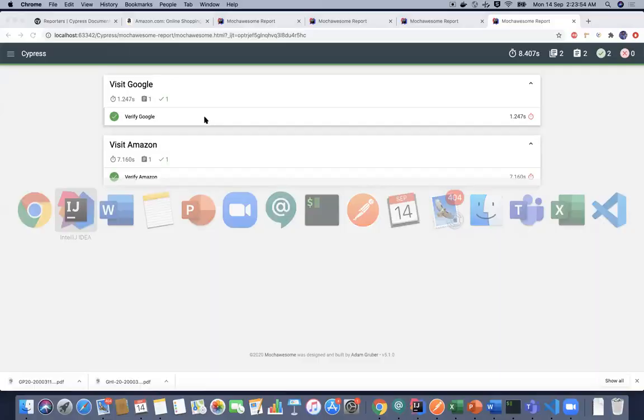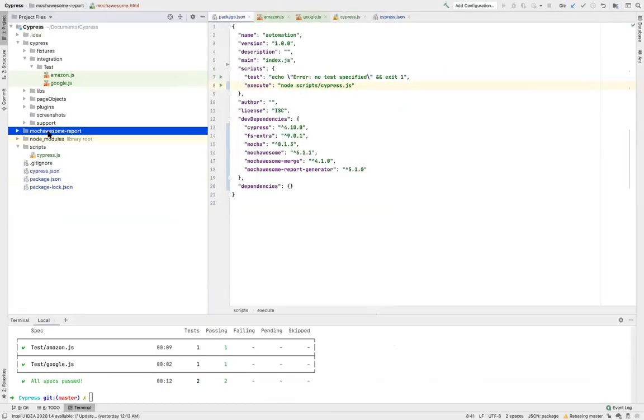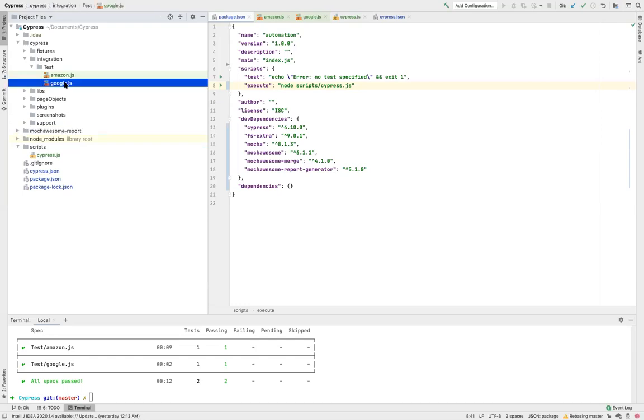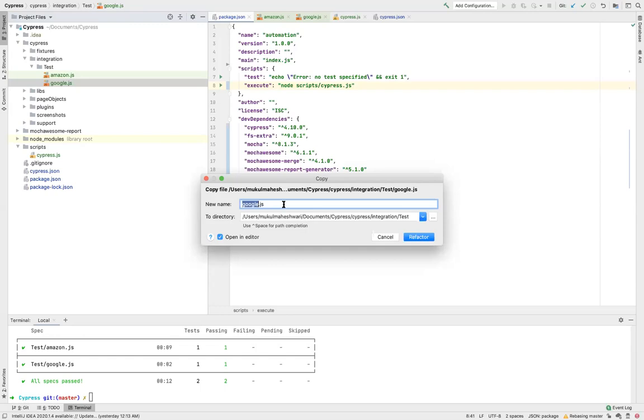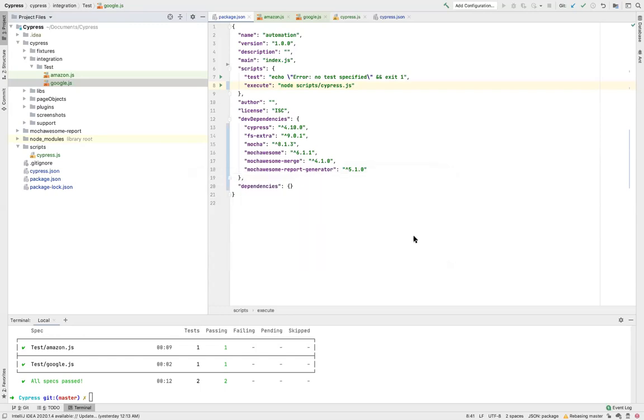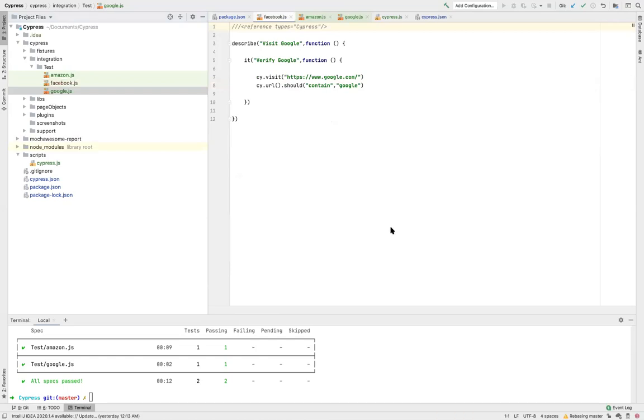Now to be doubly sure that my tests are appearing correctly, I'll add one more spec file, say facebook.js, and I'll add the same things, visit facebook.com instead of Google.